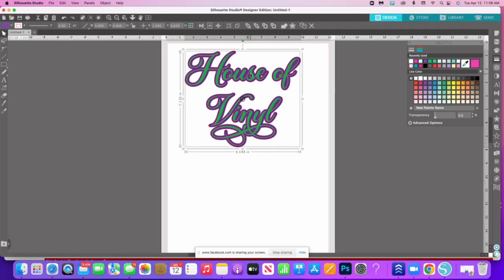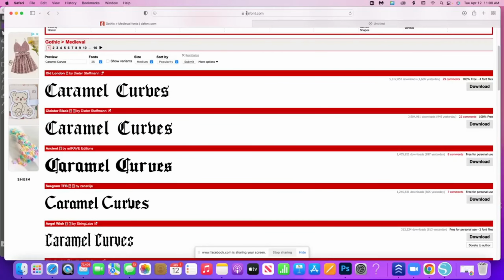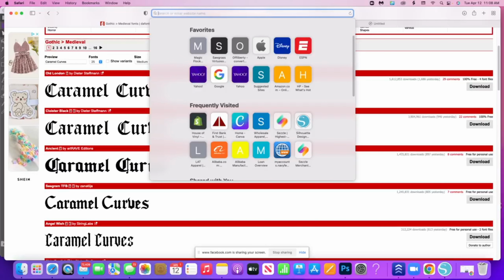The other thing that I want to show y'all how to do is tracing. This is like the first thing that I probably should have showed y'all, but let me show you this tracing real quick. Let's go to Safari, and whenever you're choosing a design from the internet to trace, I would suggest